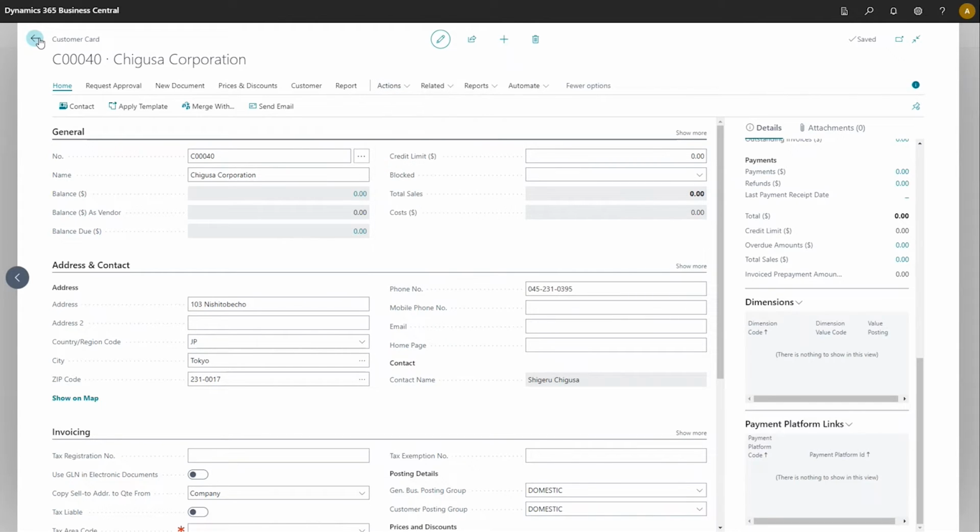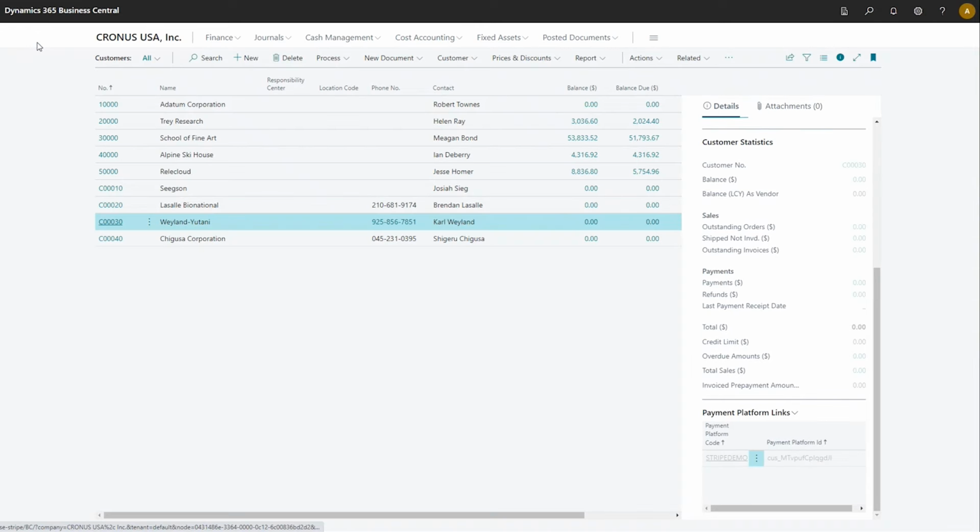So the new feature that I'm excited to share with you all today is the ability to send customer information over to Stripe from the customer list rather than the card. And as part of that, the ability to select multiple customers at once. So what we can do, for example, is